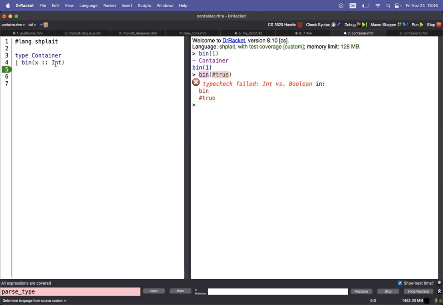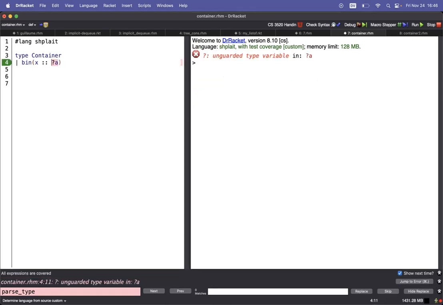If we were to replace this int with alpha, what we get now is an error, because this type is probably a mistake. The container is not a polymorphic type, and yet it has this wildcard alpha on the inside of it. If this sort of thing was allowed, then the first time that we used bin, we would set the type that has to go inside of it. So bin 1 would be okay, and then if we had later on tried to do bin true,